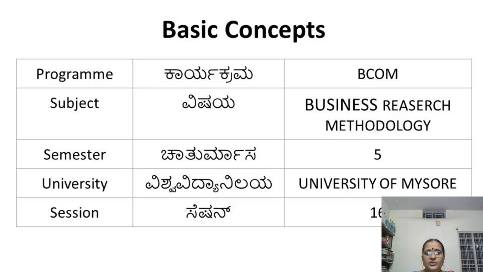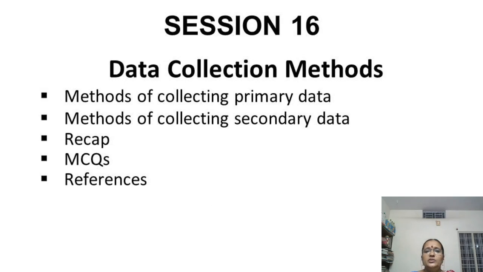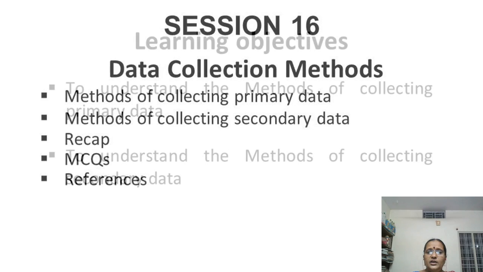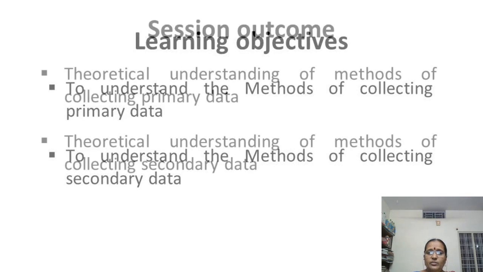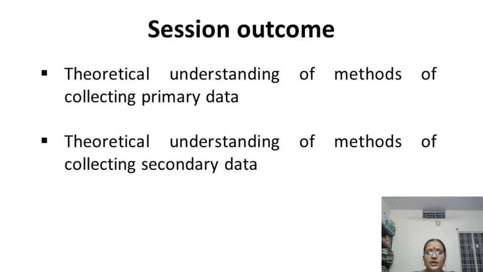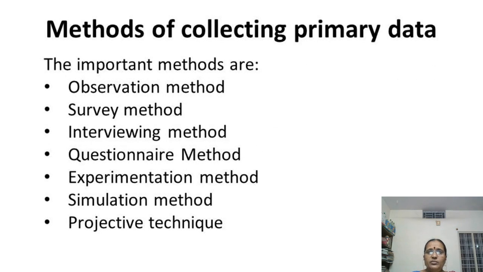Dear students, in the last session we learned the meaning, merits and demerits of primary data and secondary data. This session, that means session 16, we learn about the methods of collecting primary data and the methods of collecting secondary data. The learning objective of this session is to understand the methods of collecting primary data and the methods of collecting secondary data. The session outcomes are theoretical understandings of methods of collecting primary data and the collecting methods of